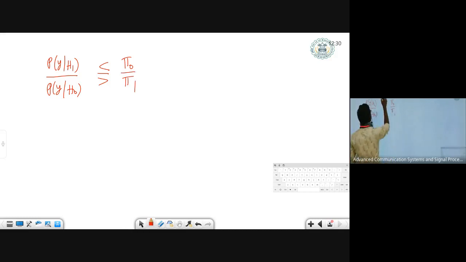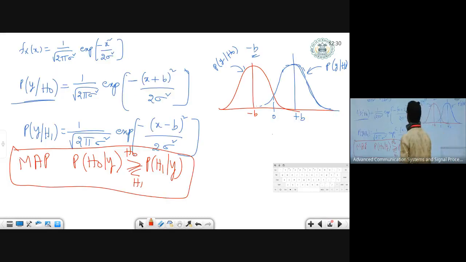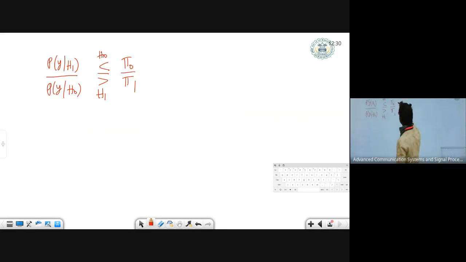If I am not wrong, this is h naught and this is h1. This is the final equation we obtained from the MAP detector. If I substitute the equations we have obtained for the given case, and of course pi naught and pi 1 are given to you,